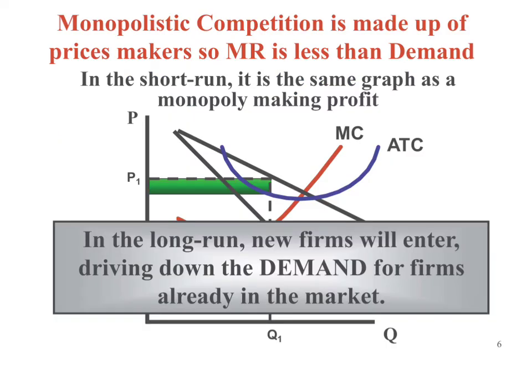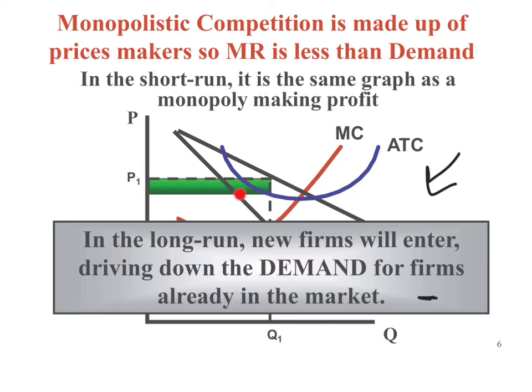Okay, so the bottom line with monopolistic competition: this graph is a little bit challenging to see behind this spot right here, but everything about the monopolistic competition graph is exactly the same as the monopoly graph. If you were eyeballing this graph, we can see, wow, this looks like a monopoly that's making a profit. Even though we can't see all of the graph, you can kind of get a sense that this is a monopoly where MR equals MC is the quantity being produced, the price up to the demand curve, and this is a firm making a profit.